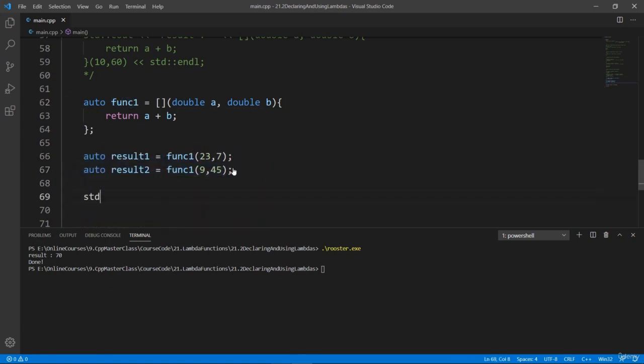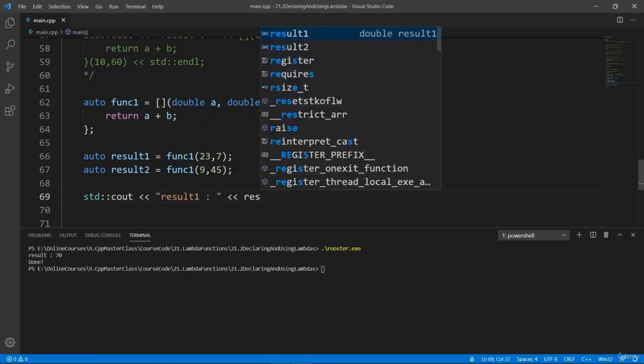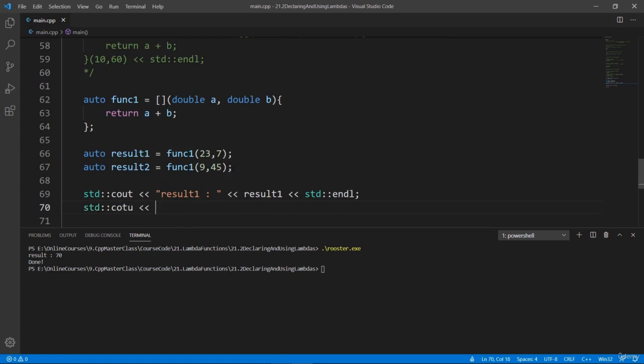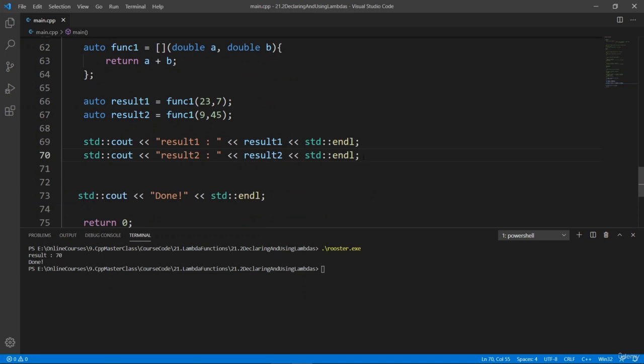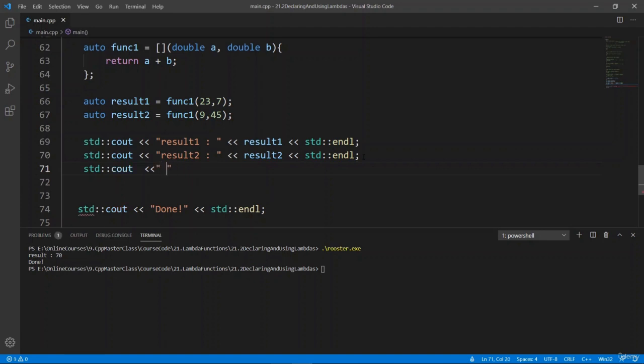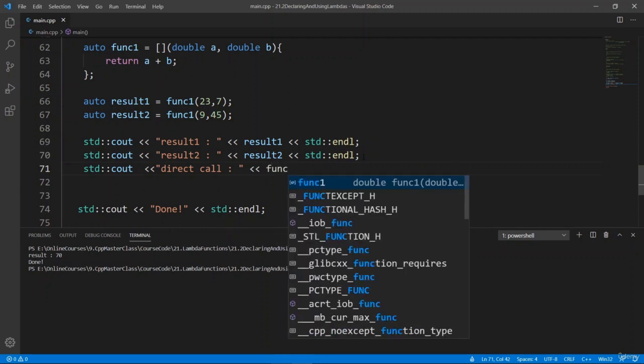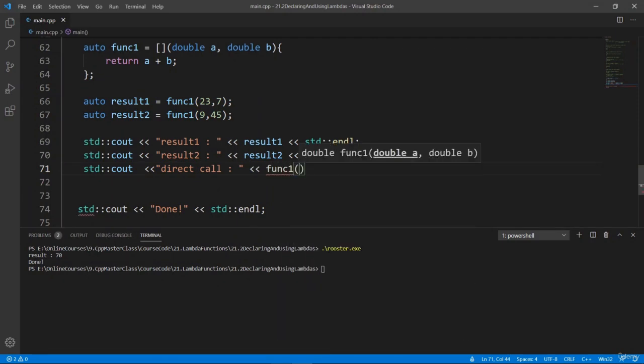So let's go down and print these out. We're going to say result1, and we're going to print result1 here. We're going to go down and say result2, and we're going to print that out. And we can even call this lambda function directly and put that in std::cout here. So let's say that we're going to say result3, for example, or direct call. I think this is descriptive enough. So we're going to say func1, the name of our lambda function, or the handle to the lambda function, and we can put in a 5 and a 2, for example, and we're going to see this print out the